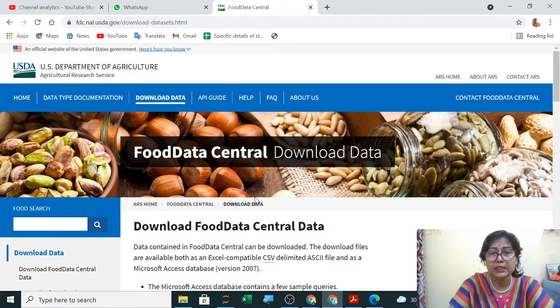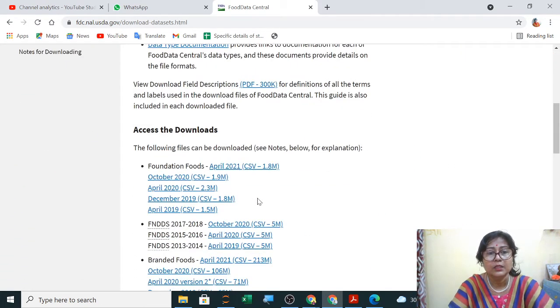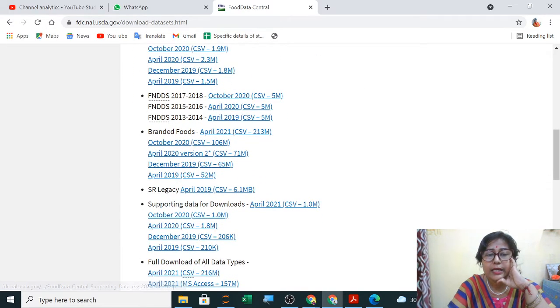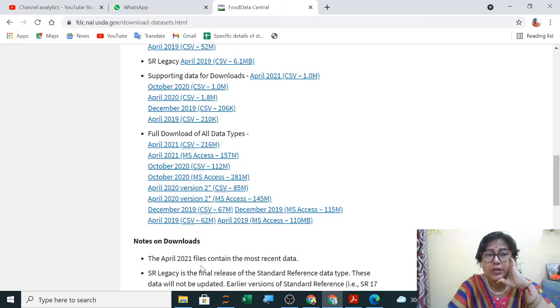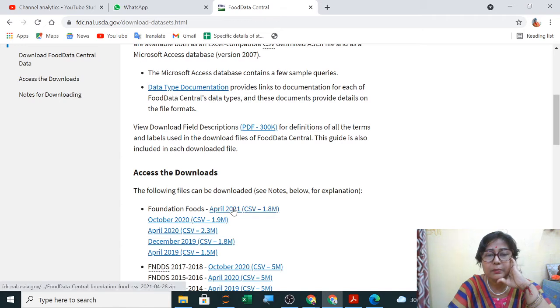Here we are collecting the food data. These CSV files you can download and use. There are foundation foods, branded foods, and all the data. Let us start one by one.